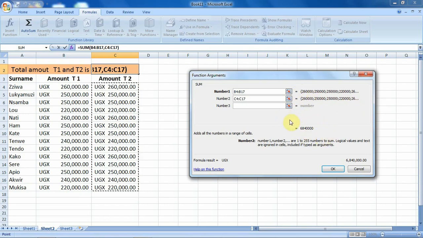Still on the dialog box, we can see that the results are already displayed for us. And besides this dialog box, on the formula bar, we can see the formula or the function already generated, even here in the cell which we had already selected to insert our function. So that is the function assistant helping us to do all that. Now that we have clearly defined our cell addresses in these different fields, our next step is to go ahead and click on the OK button.